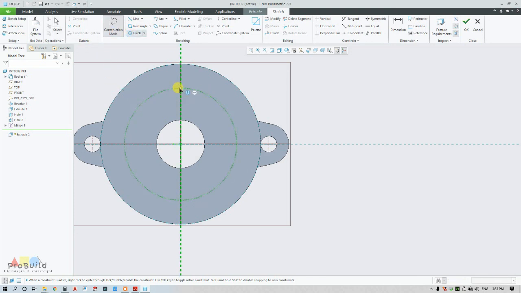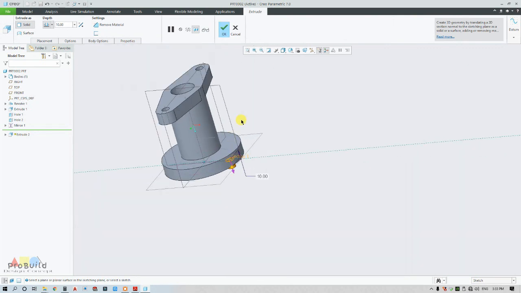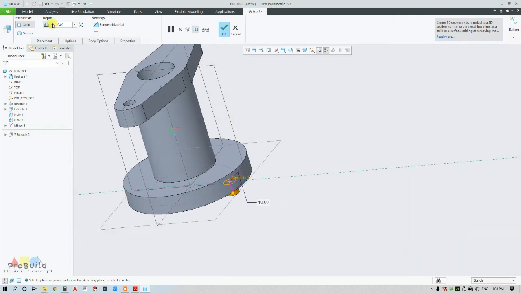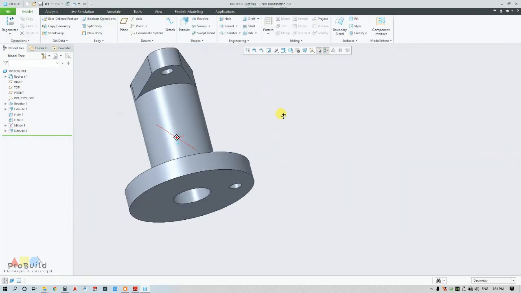Now I'm going to draw a circle of dia 10 and click OK. So this hole shall go up to this top surface and click on remove material. Okay, it's all done.